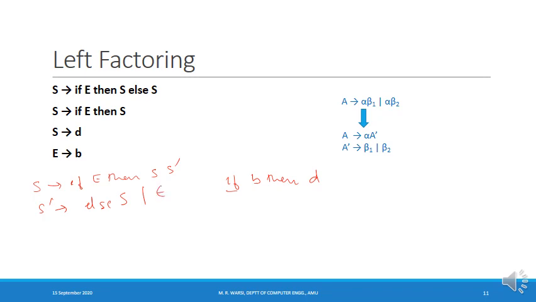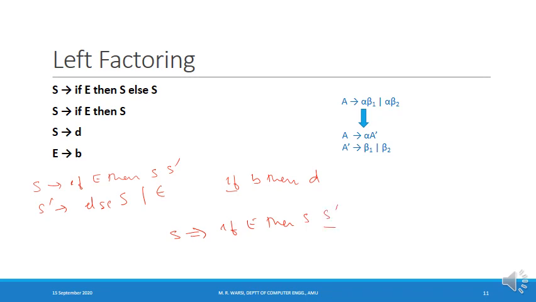So now what will happen is that, now when I have left factored the grammar, from capital S I have only one production. So that means I do not face the difficulty of deciding which one to use. Since I have only one production, that is the only one to be applied. So when I see the if, I expand the capital S using the only production and obtain this sentential form, if capital E then capital S followed by this S dash.